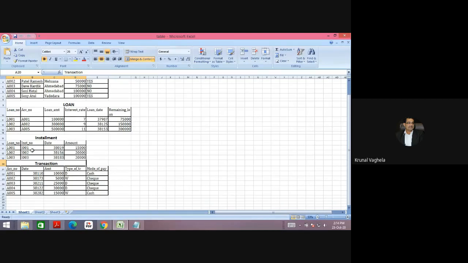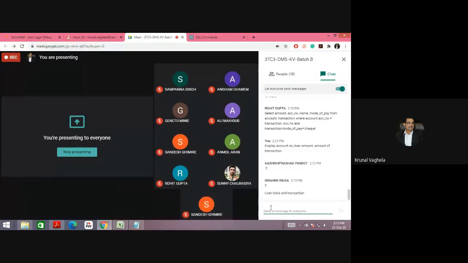So when you do loan dot account number is equal to account dot account number, so A1, 2, and 5. So what about the amount of 3 and 4? These amounts you will not get. Getting my point?